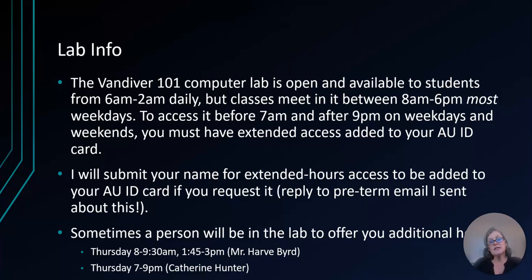But students sometimes like to get in there in the evenings or on weekends to do work. So if you would like to do that, you need to have extended access added to your AUID card. And I have to request that for you. I sent an email about that pre-term, but you can find that and reply to it, or just send me a new email saying I need extended access. And I'll turn in your name to campus security, and they will add that access to your ID card so you can get in there